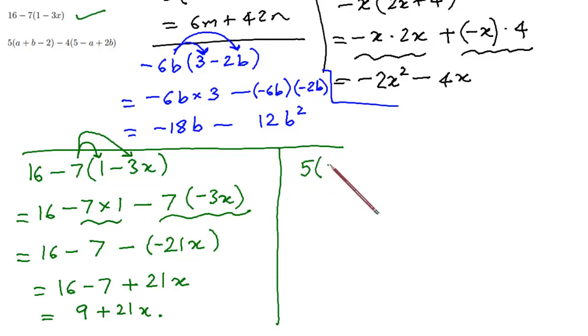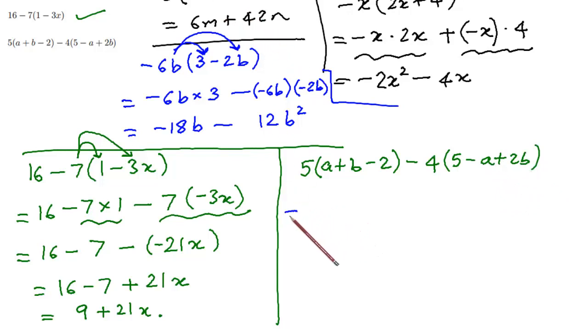5 bracket open a plus b minus 2, minus 4 bracket open 5 minus a plus 2b, and the second bracket also closes. So let's see how to do this. I'll be skipping this second line and I am going to multiply this 5 to all the three terms. So what is 5 into a? We have 5a. What is 5 into b? We have 5b. And what is 5 multiplied by 2? We have 10. And then